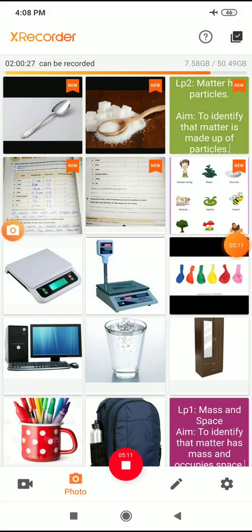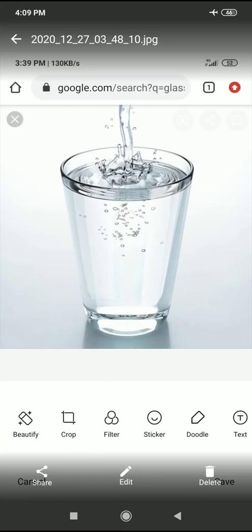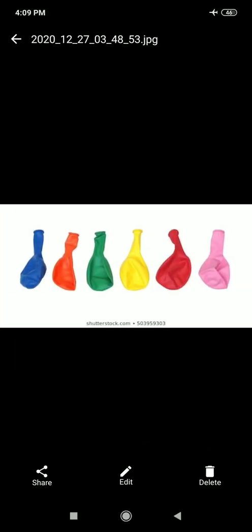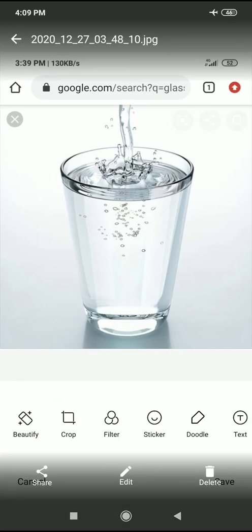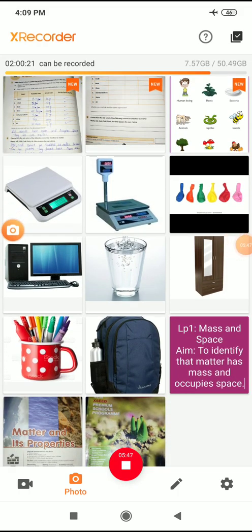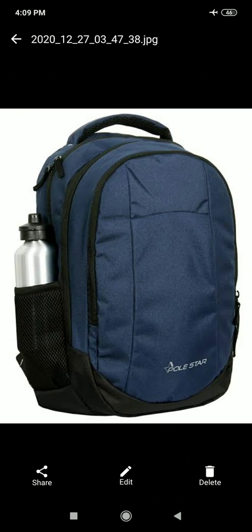That object may be water or air also. Space means some amount of place, which we call space. So students, the more the matter, the heavier it will be, right? For example, if the water consists of more matter compared to an inflated balloon, which one do we feel is heavier? Of course, the glass of water. And if you compare a pen or pencil with a bag, which is heavier? Of course the bag will be heavier because it contains more matter, right?